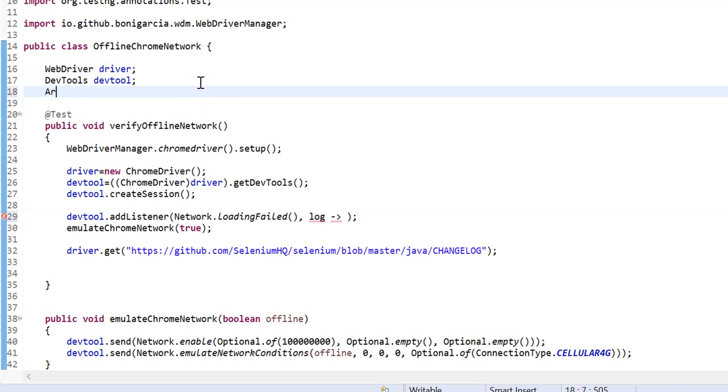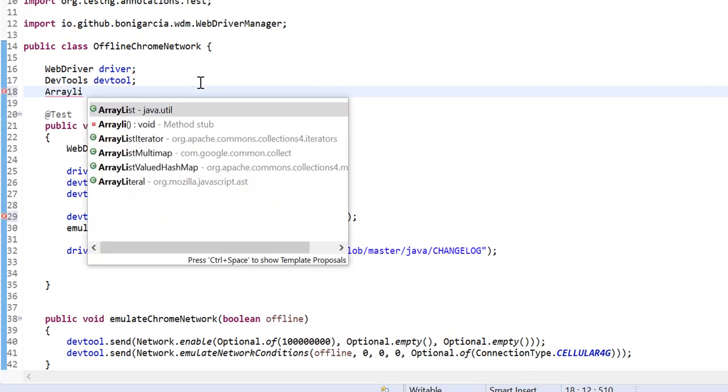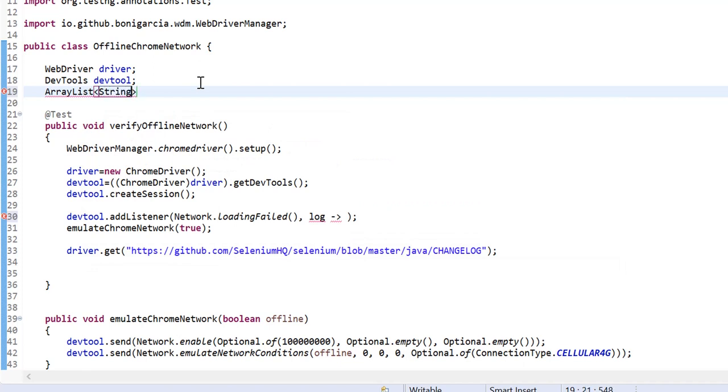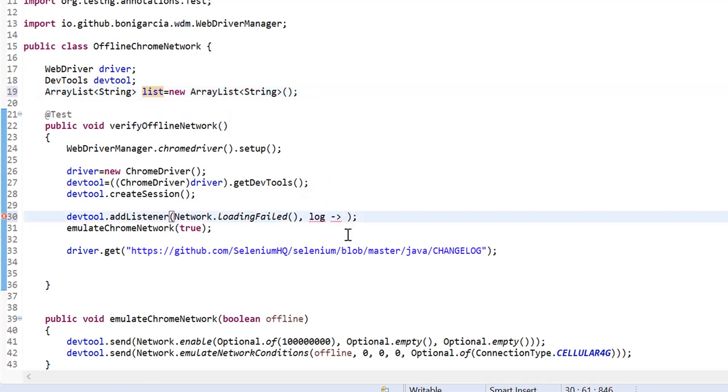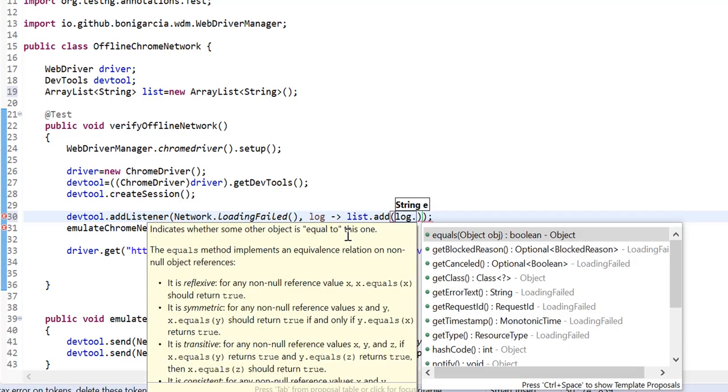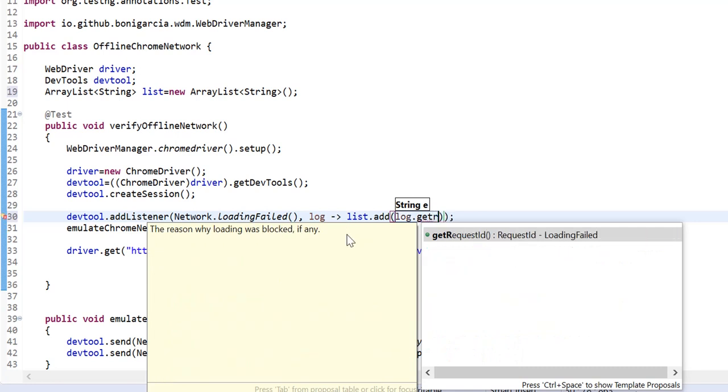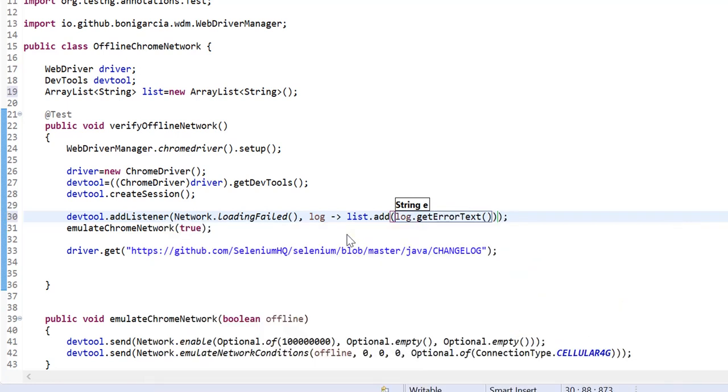This log I am going to capture in a global list. I can create one ArrayList of type String, list equal to new ArrayList, and then list.add with log.getErrorText.